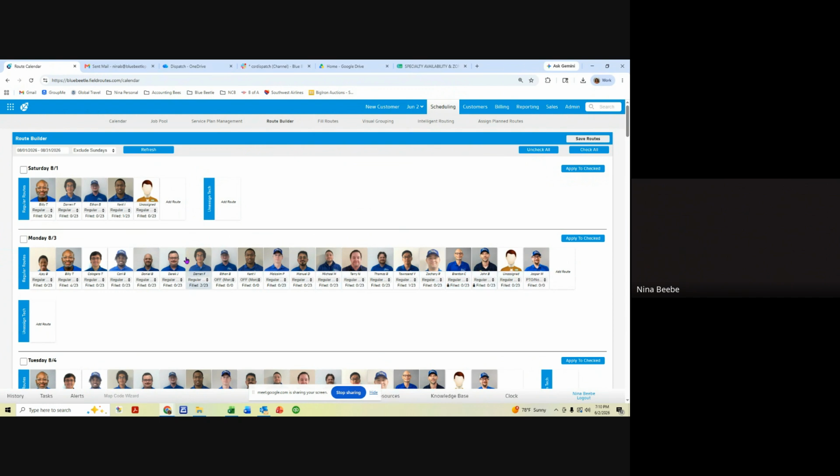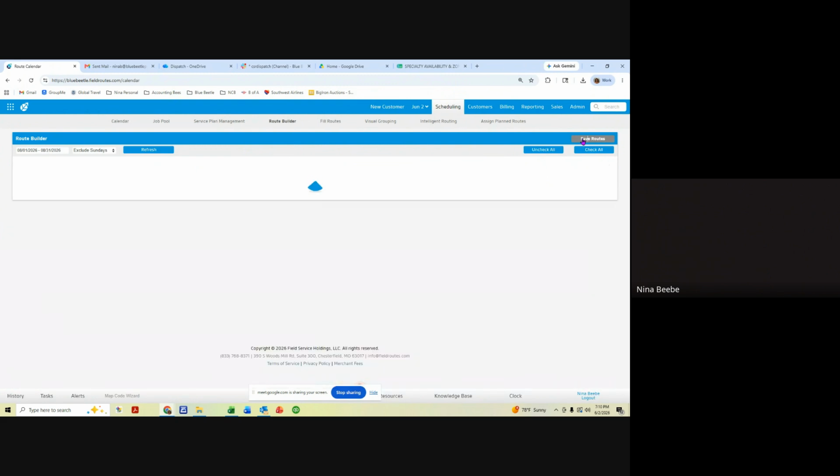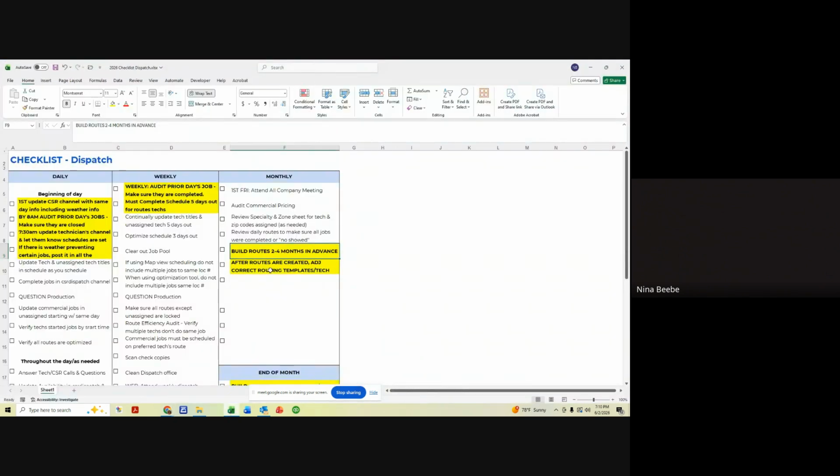And I don't see him up here. So then I just hit save routes. That's saving. I'll go back to here. So that's what I mean by this. This is extremely important. Once you create and build the routes, you need to go in and do that for